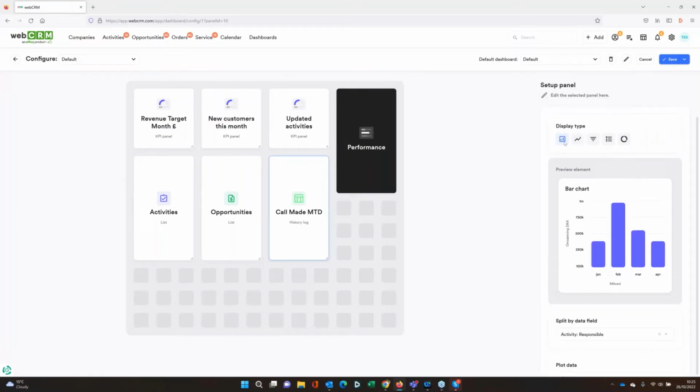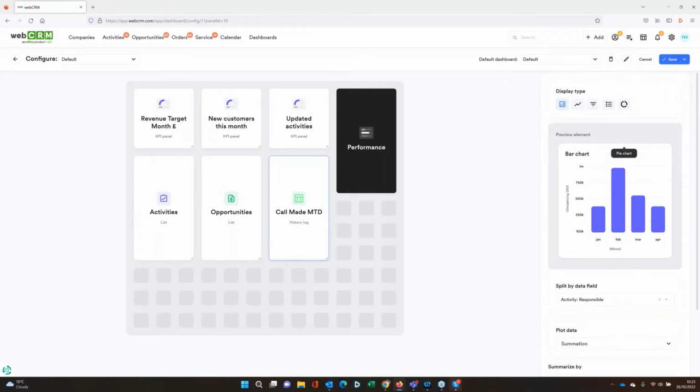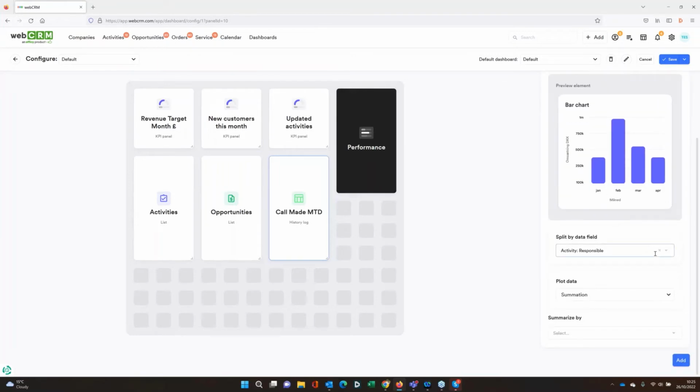First property is what's the display type. So you can have an analytics, which is a bar chart effectively, a line, a filtered list. Trying to remember what this one is. Combination chart. Yeah, I forgot. I'm going to do that one as well. Or a pie chart. Okay. So basically, what's the visual property of that particular panel? What I want to split it by,